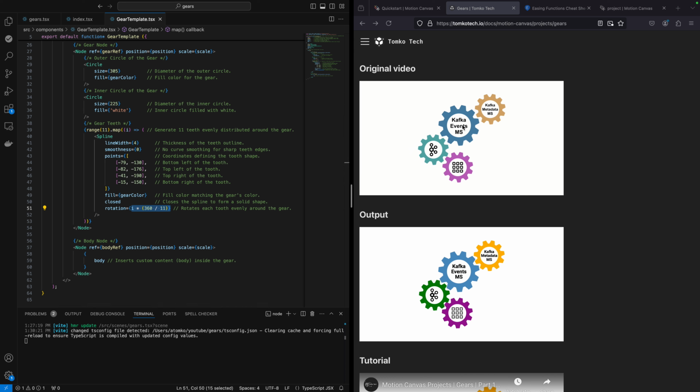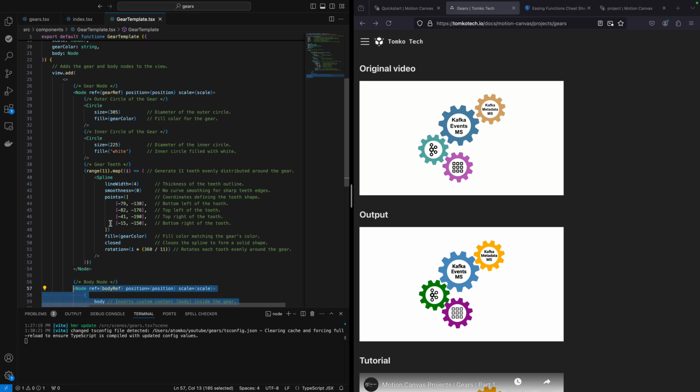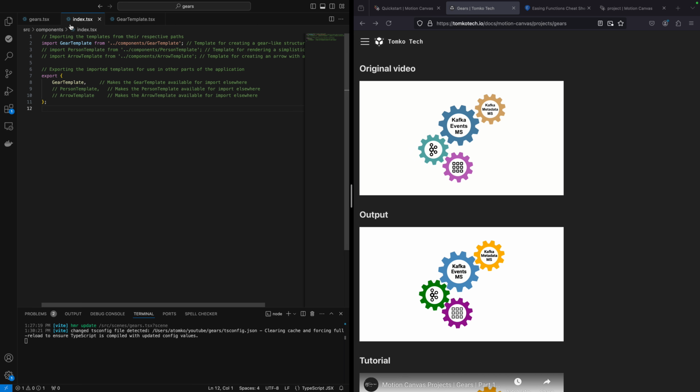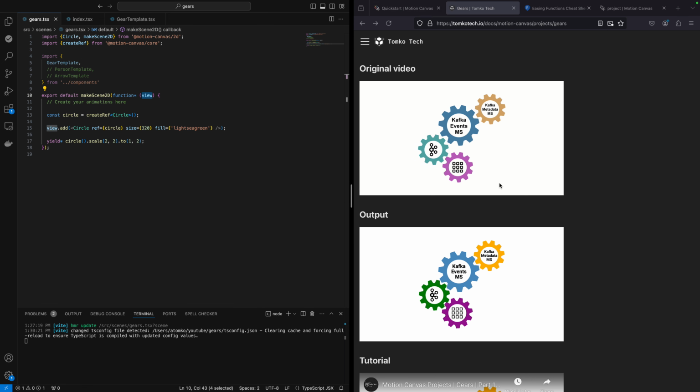And then for the little components inside of it, we have another node with reference to body, and then we're just passing the body into that. Yes, this whole thing could be passed in instead. This is just one way of doing it. And then if we wanted to take a look to see what it actually looks like,